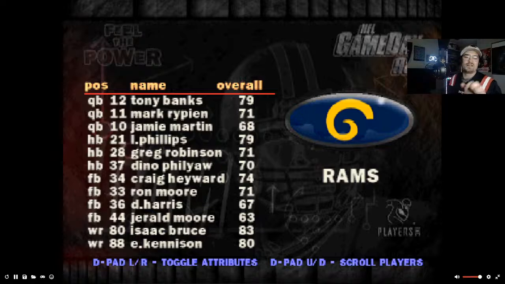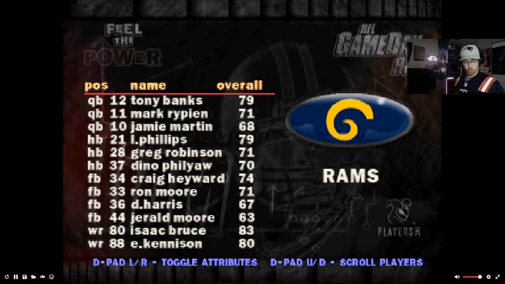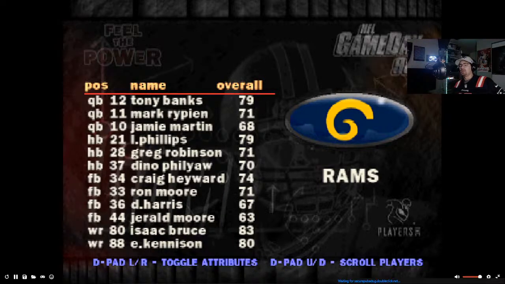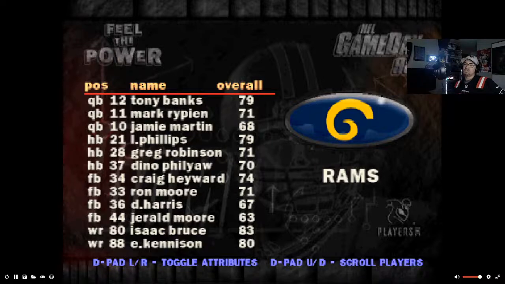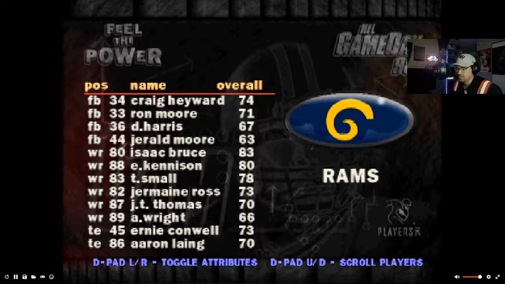The Rams are the defending Super Bowl champions here in 2022, but in Madden 1990s, in NFL Gameday 97, they were not a good team. They ended up finishing this season 5-11. Whoo! Not a good team at all. I don't even know if there's any players of any redeeming quality. Listen to this. This is 2 years later. They're going to win the Super Bowl. This Rams team is. They had Isaac Bruce on this team from 2 years later. So they had players. They just were not good yet.